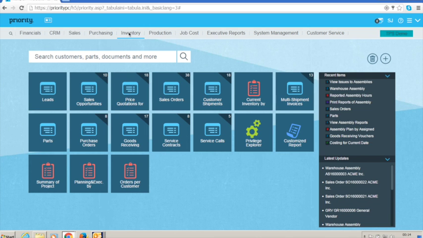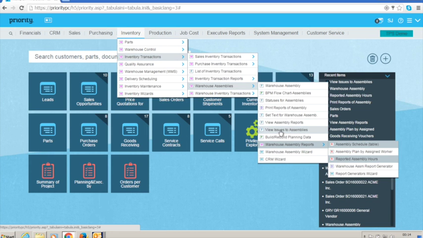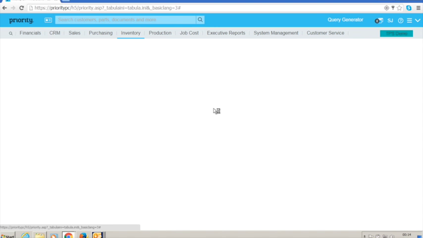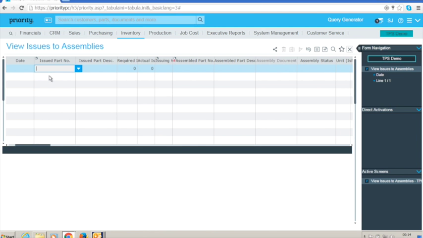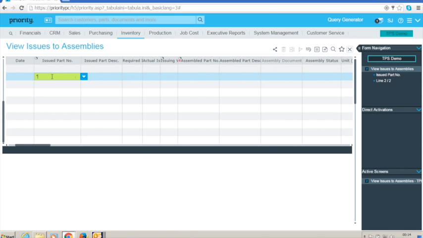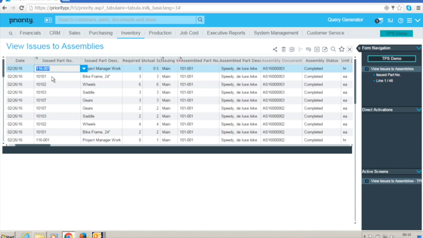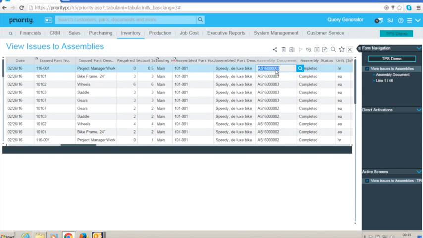So another very useful reporting feature is to view issues to assemblies. And if we pull this together for, let's bring this together for pretty much everything, what you can see is a raft of detail on the parts that were actually used for assemblies, quantities required versus actuals, the items that we were actually making, the documents for the assemblies themselves, their statuses, all remember with the drill down, so I